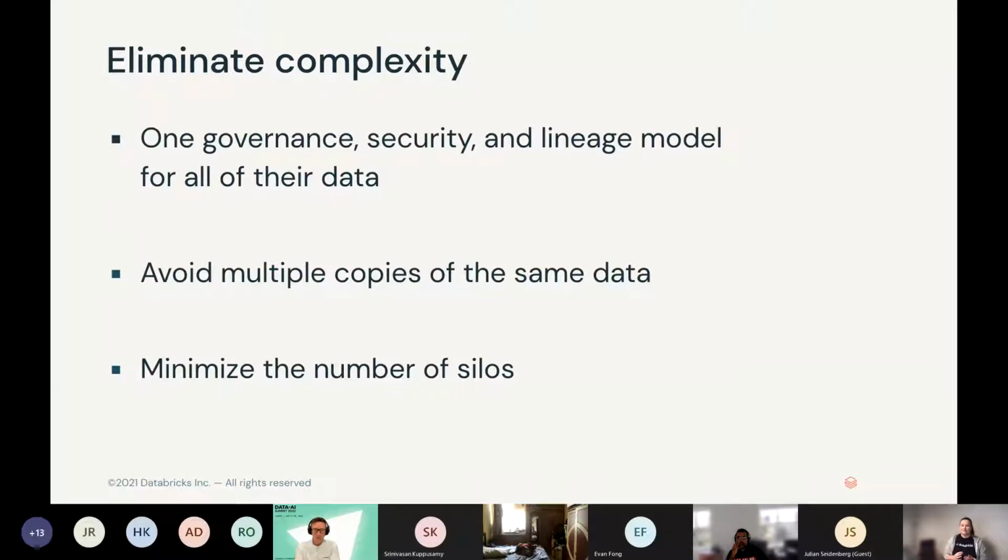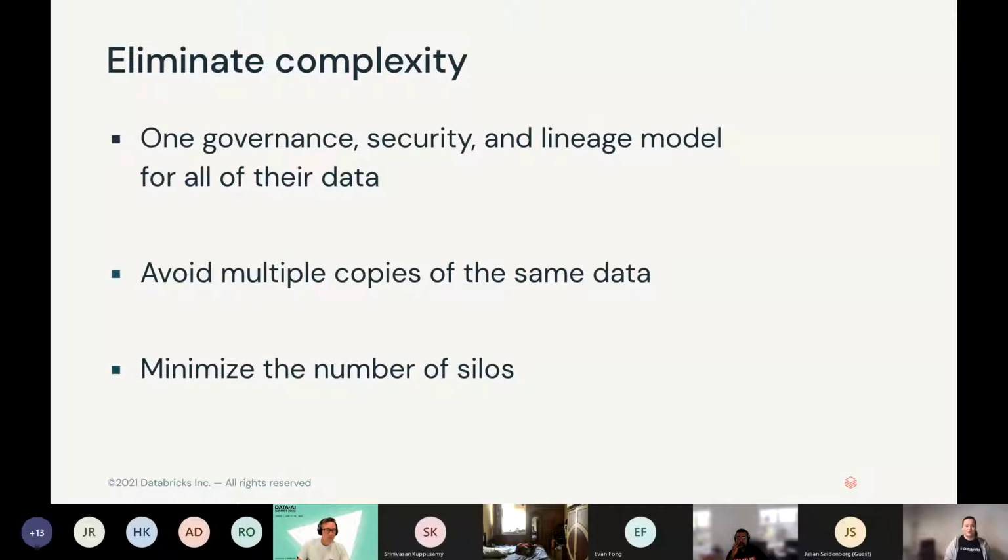If you have a single place, suddenly you have a single governance, a single security model, and a single lineage model. You don't have to have 5 different governance models for 5 different vendors in your data platform. You're also avoiding copies of the same data, because if you're using vendors who use proprietary data formats, you would need to copy data all around.